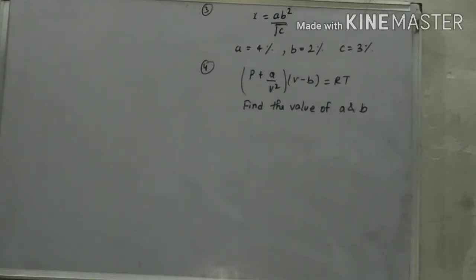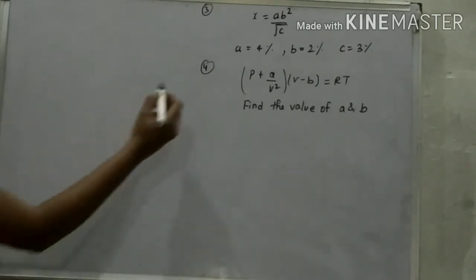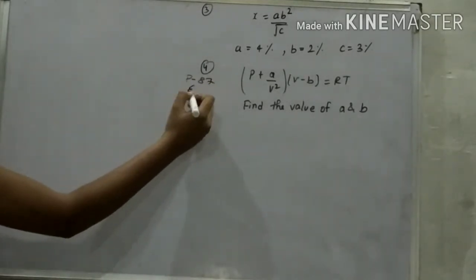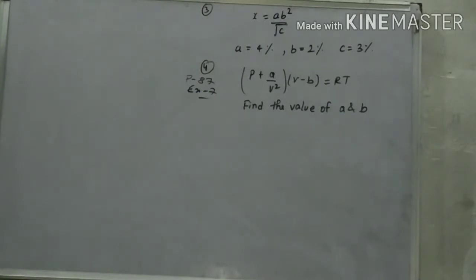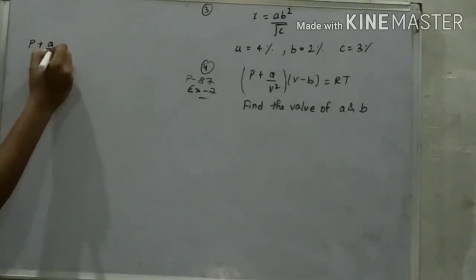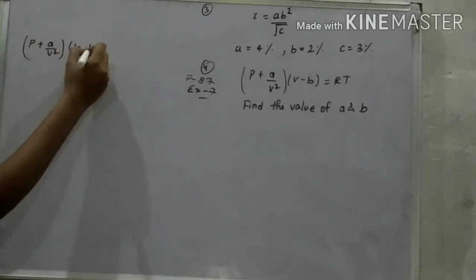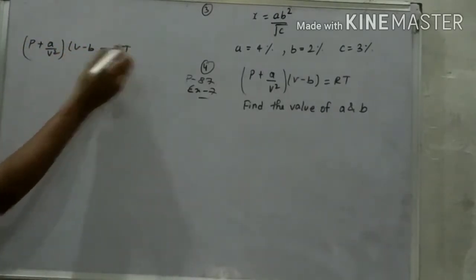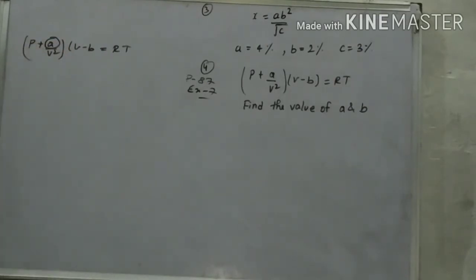Now the fourth question is from page number 87. That is example number 7 we have, page number 87, example 7. That is of dimensional analysis. In this we have to calculate the values of constants A and B using dimensions. So we will use the principle of homogeneity in this. First we will use the first bracket, that is P plus A upon V square, V minus B is equal to RT. Okay? We need to calculate the value of this A. So we will use this bracket and put it equal to the dimensions.